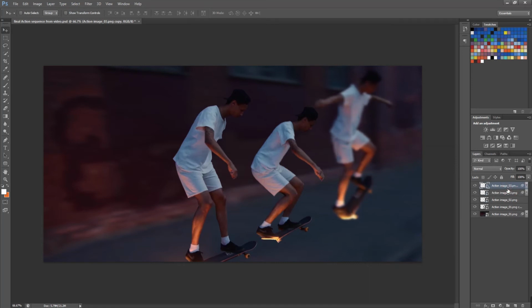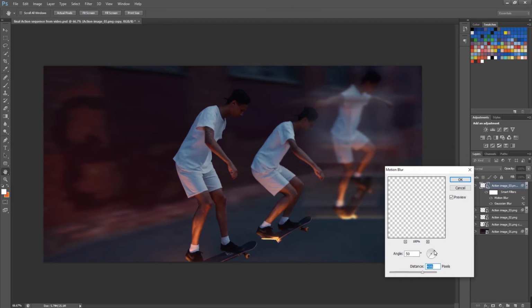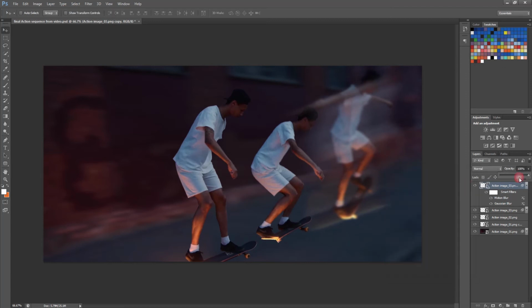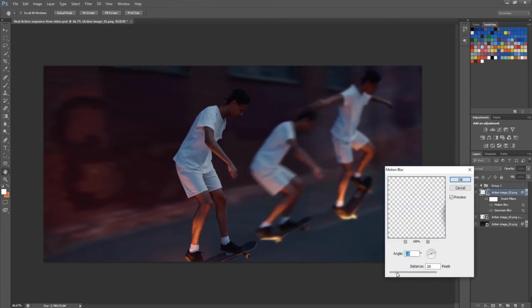Make duplicates of this layer and adjust the values of motion blur as per your need to make it more appealing and dramatic. After adjusting the motion blur, select the identical layers and make a group of them. Repeat this process with the other man's images too.